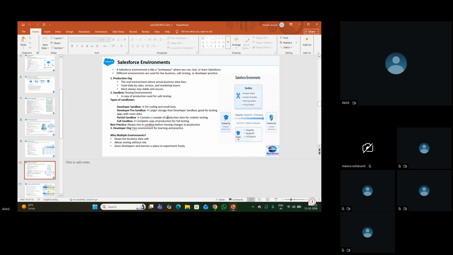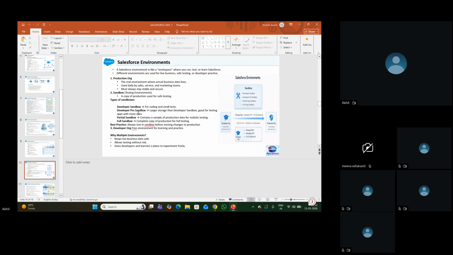The other one is developer pro sandbox, which has larger storage than developer sandbox and is good for testing apps. So consider this as a testing sandbox. Let me reiterate.